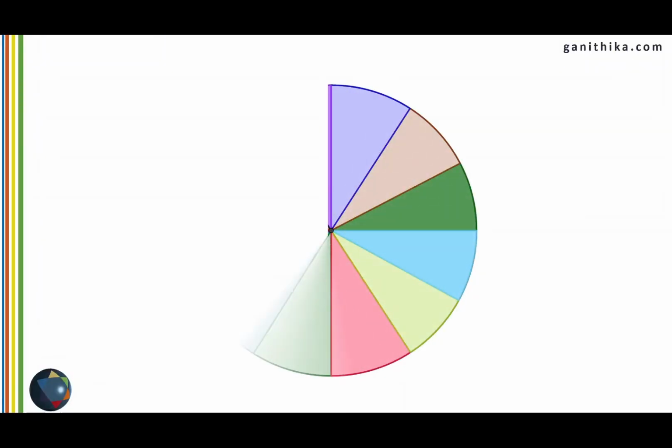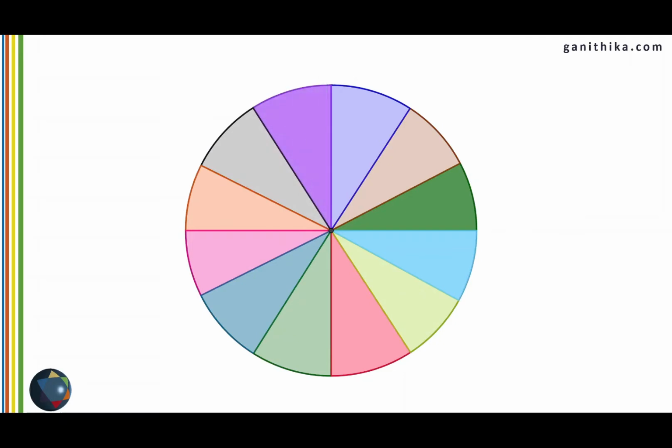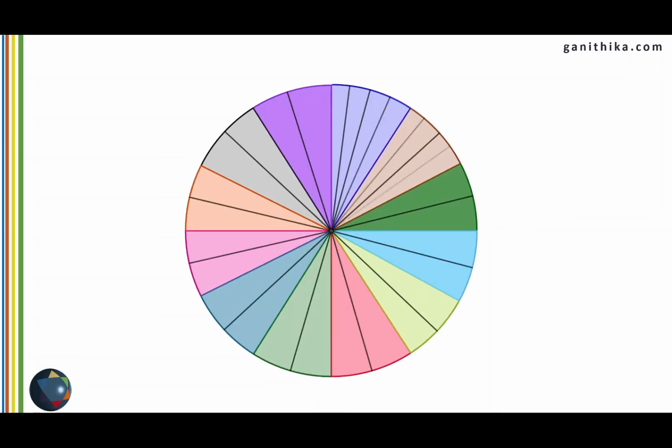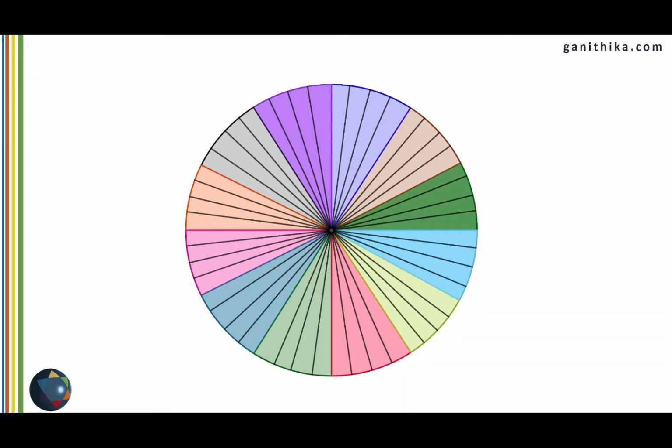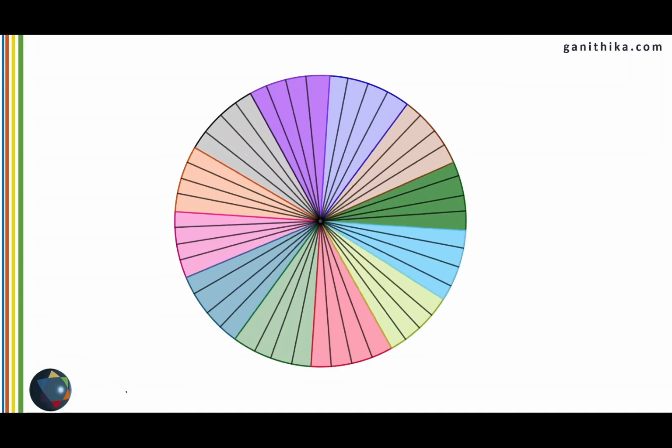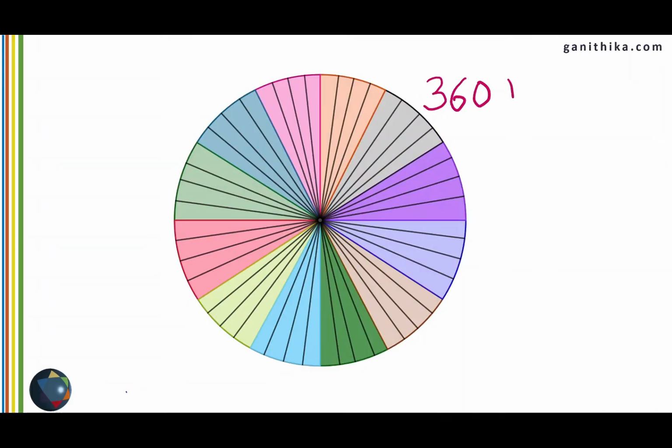Let's start first by cutting a circle into equal parts like this. Since the parts are all equal, the angles inside them are also equal. But if I continue cutting this into smaller and smaller parts, the angle inside them becomes smaller, but still they are equal to each other. I can continue cutting the circle until I get 360 equal parts. So the angle made by these parts is named as 1 degree.